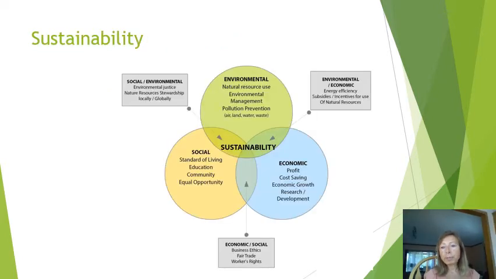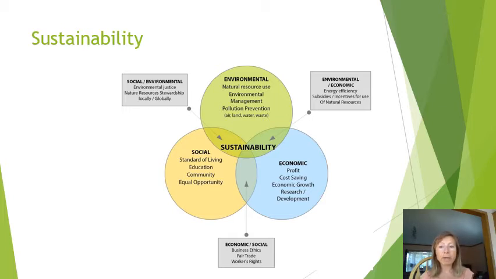So this triple bottom line diagram of sustainability is a model that quite elegantly brings together economic, environmental, and social priorities, suggesting that sustainable development needs to satisfy all these three areas of interfaces, for example, between the